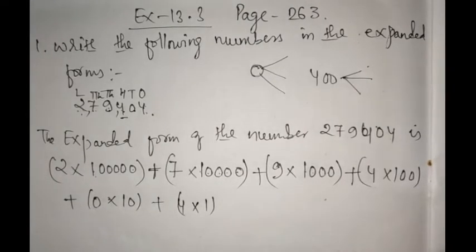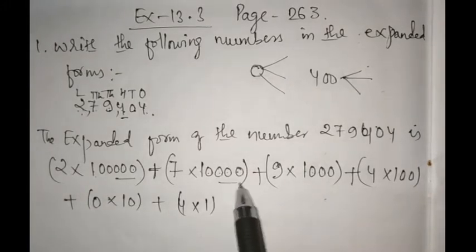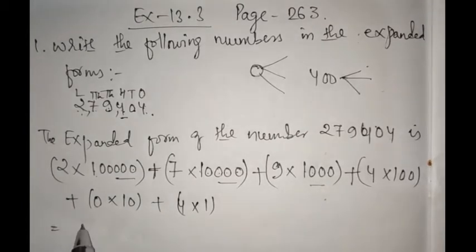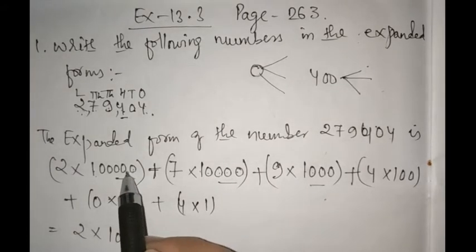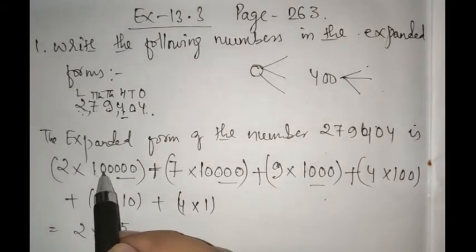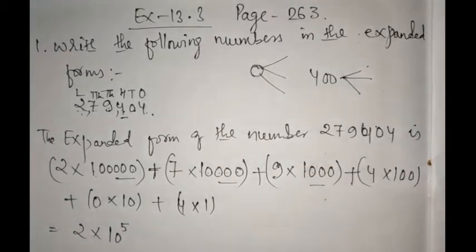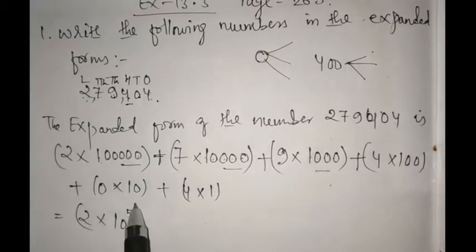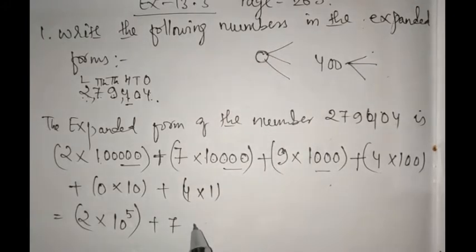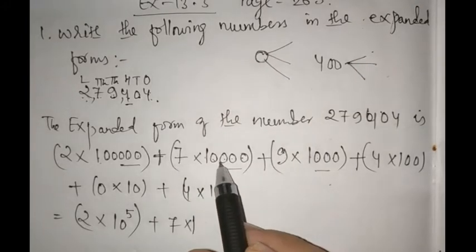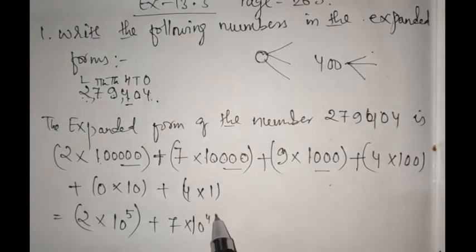Now we can express this using powers of 10 in the exponent form. This can be expressed in the exponential form, right? So what we are going to do here is 2 into 10 to the power 5. Can I write that? Why 10 to the power 5? Because 1 2 3 4 5. How many 0s are there? 5. That's why 10 to the power 5. Alright, I hope you have understood this. Similarly, next plus, how many 0s are there? 1 2 3 4. So you can write 10 to the power 4.